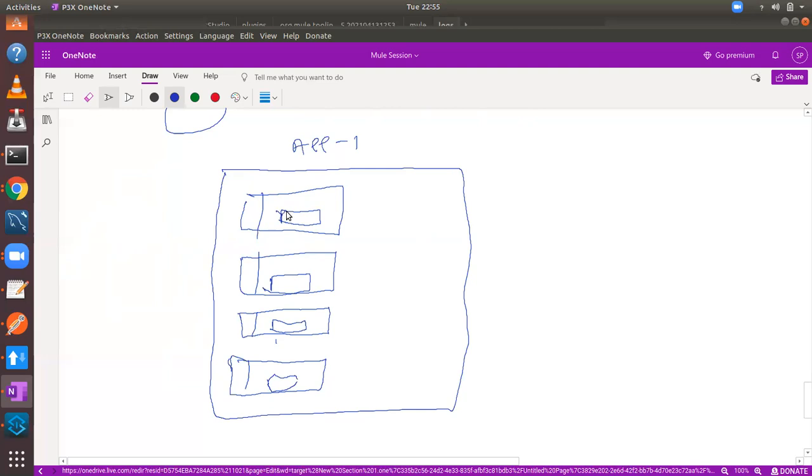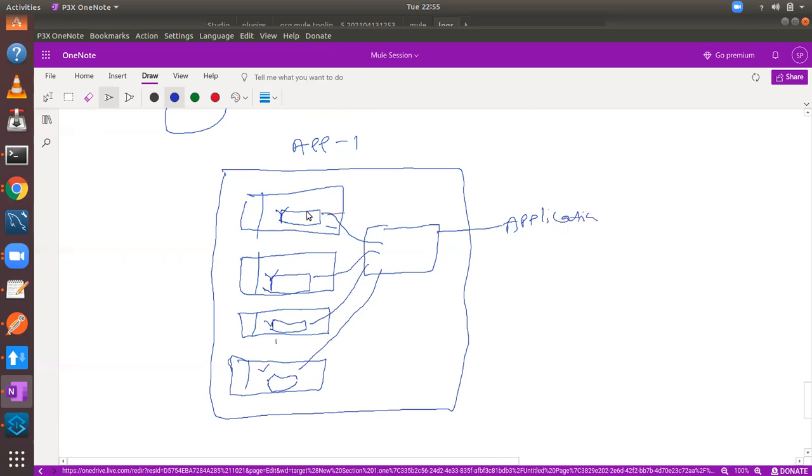Rather than defining the error handler in each and every flow, I can define one error handler over here, and I can refer to this error handler wherever I want. Referring to an error handler that is not specific to a flow but is for multiple flows is called application scope.